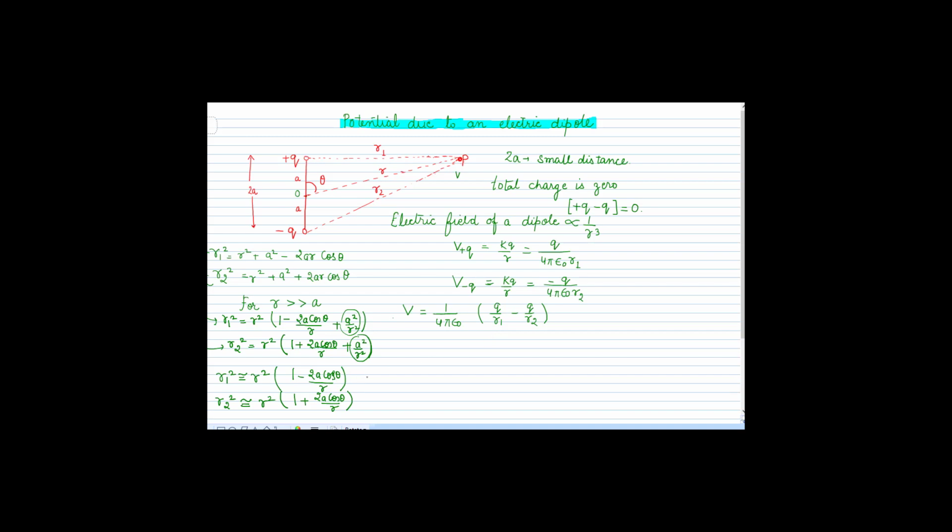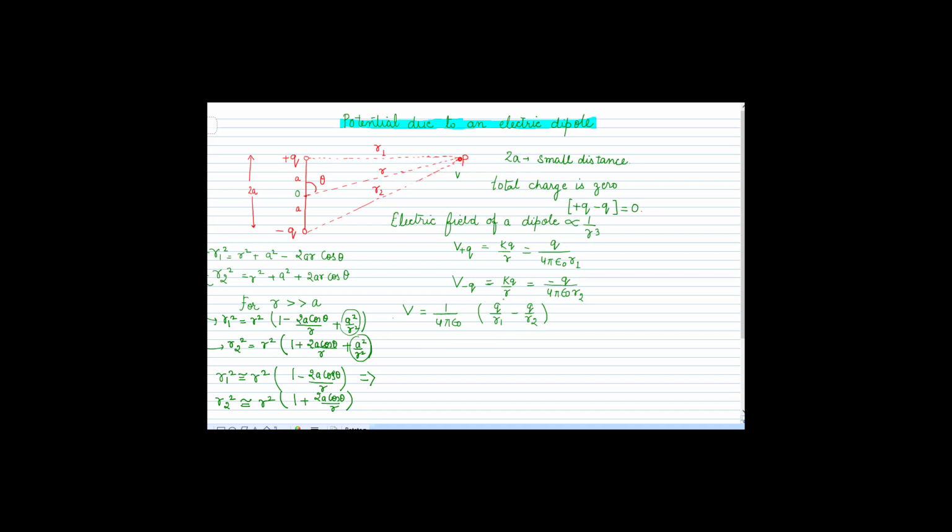So let us solve them. We can write this equation as